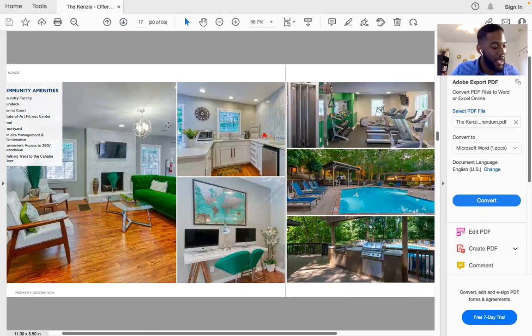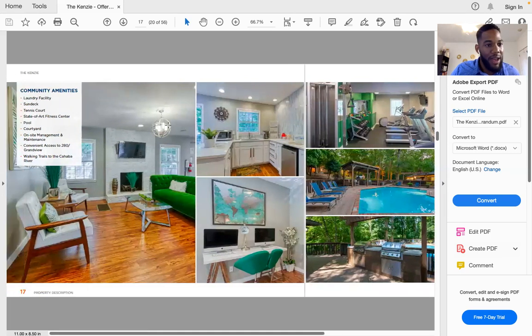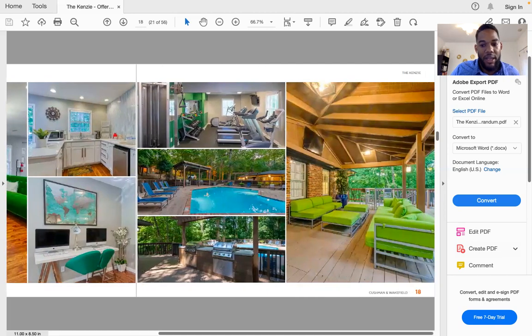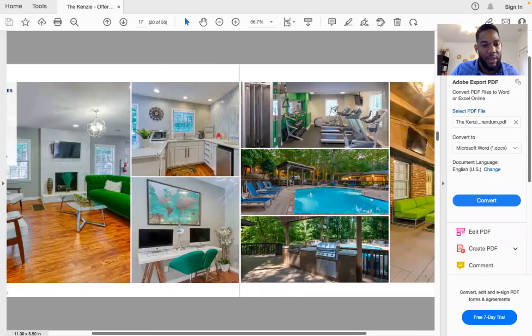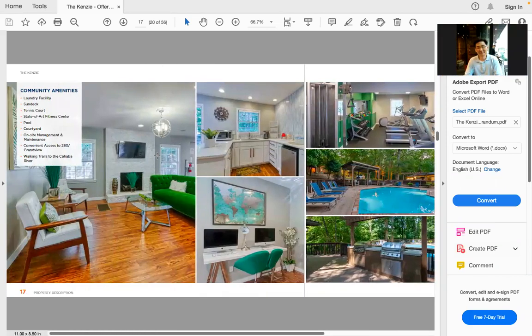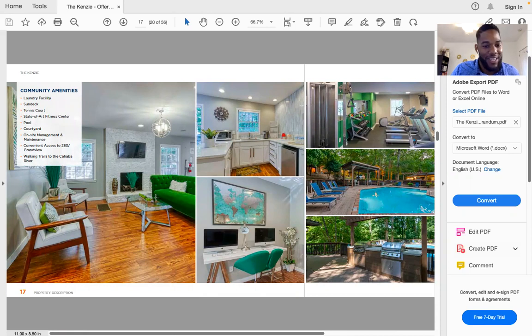So let's look at some amenities on the property, right? We have laundry facility, sun deck, tennis court, fitness center, pool. So overall, guys, would y'all consider this a well-maintained property? What do y'all think about the condition of this property? Looks nice. It looks pretty decent, right? Yeah. Honestly, guys, I think this couch is older than me. I would just point that out, that green couch right there looks pretty old. That may have come with the property, actually. This was built in the 70s, so that may be the original couch.